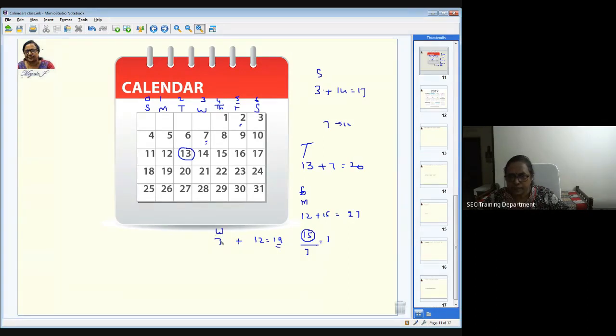That is, today is the 7th, and they say after 12 days. So your 12 days alone you consider, and you divide by 7. That is, every week you have 7 days, so I'm taking out that 7. When you remove this, the balance left out is 5. So from Wednesday, you have to calculate the 5th day. That is 1, 2, 3, 4, 5. That's going to be on Monday. So the 19th is on Monday. Is that clear now?